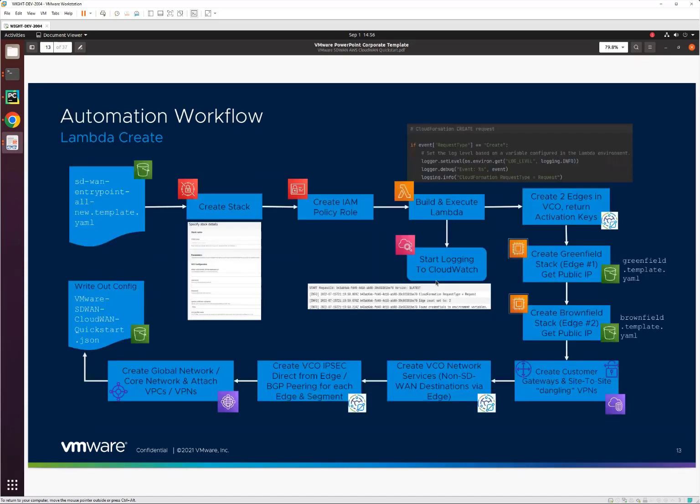So let's look at what the automation workflow is doing. So we have the entry point here. And so we create the stack, we fill in the parameters. From that point on, it's just kind of a wait while the automation proceeds. The first one here is to create the IAM policy rule and then build and execute the Lambda script. This also engages the logging to CloudWatch, so you can monitor the launch,